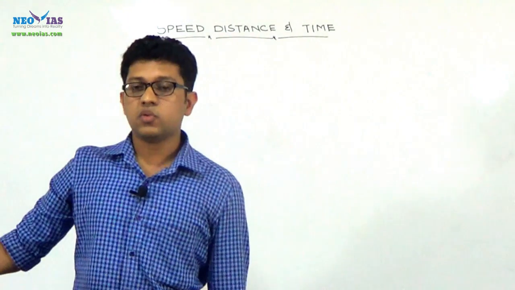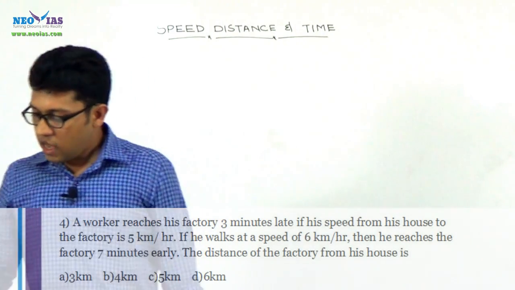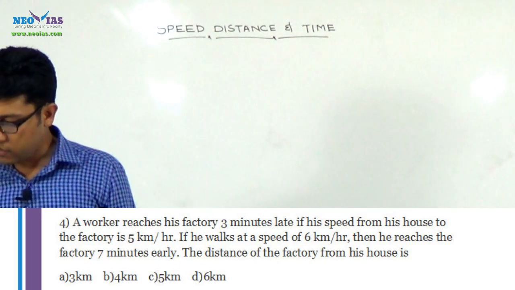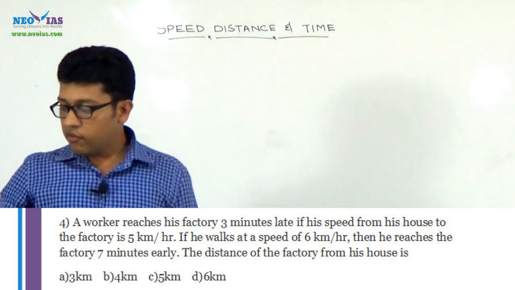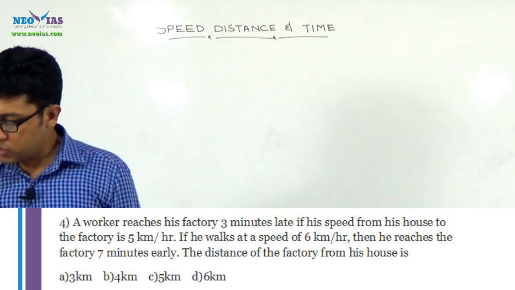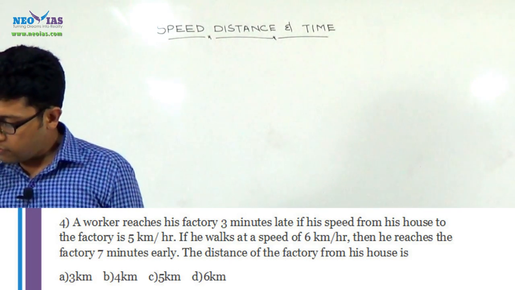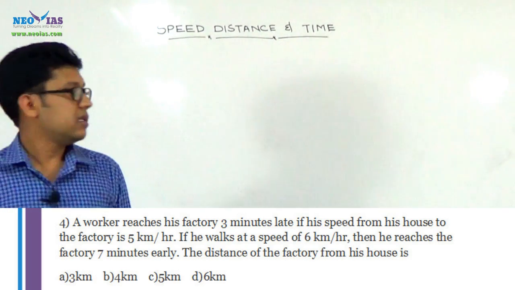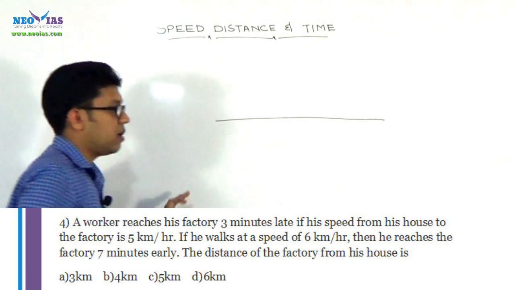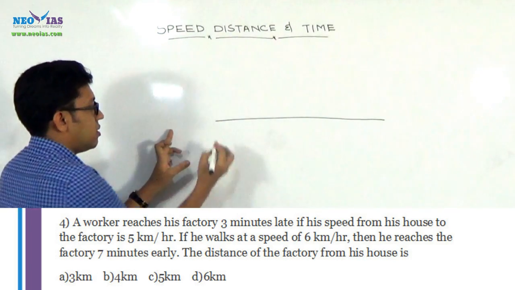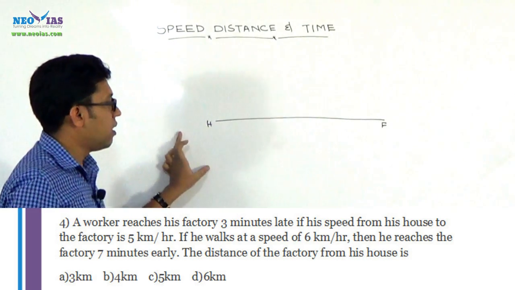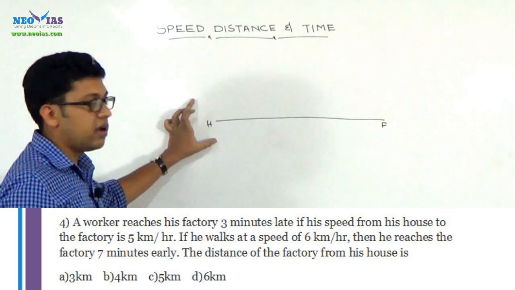Now the fourth question. A worker reaches his factory 3 minutes late if his speed from his house to the factory is 5 km per hour. If he walks at a speed of 6 km per hour, then he reaches the factory 7 minutes early. The distance of the factory from his house is? A worker is going from his home to the factory. There are 2 cases given. In the first case,